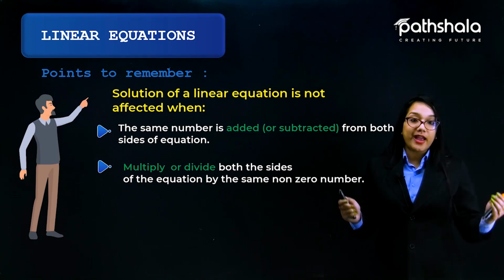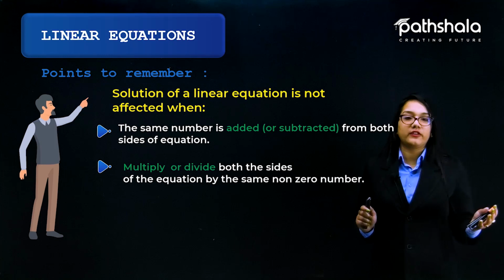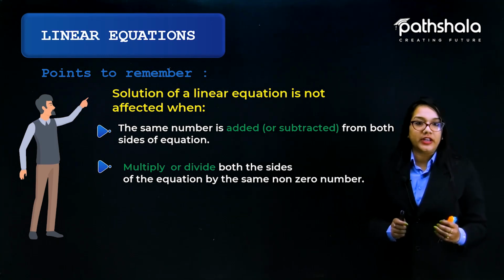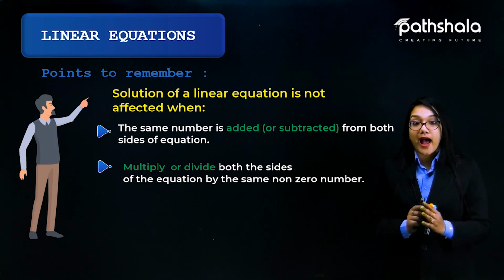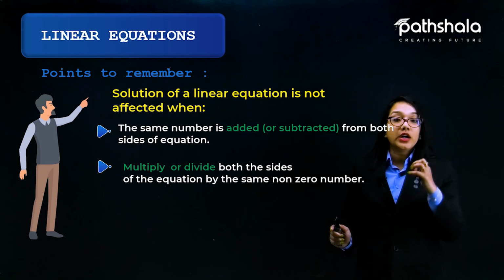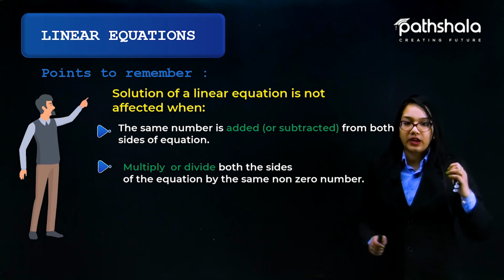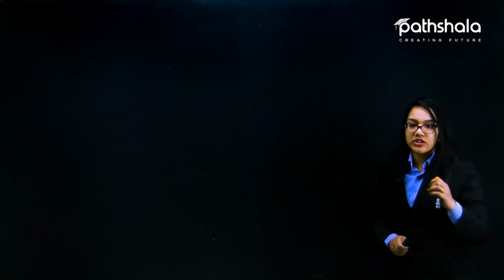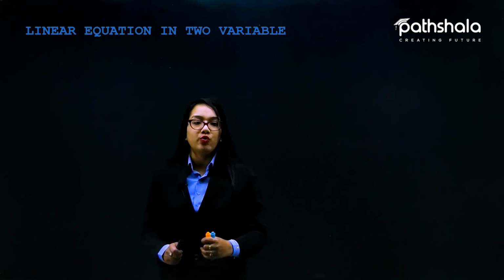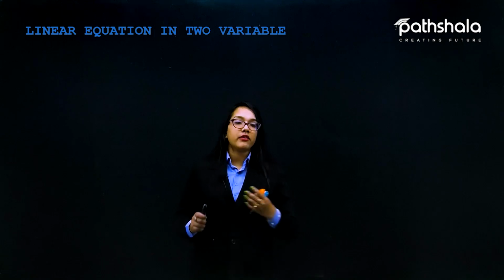Or if we multiply or divide both sides of the equation by the same non-zero number, then again the solution of a linear equation will not be affected at all. So these points are really very important in the case of a solution of a linear equation. So let's just further talk about the linear equation in two variables,